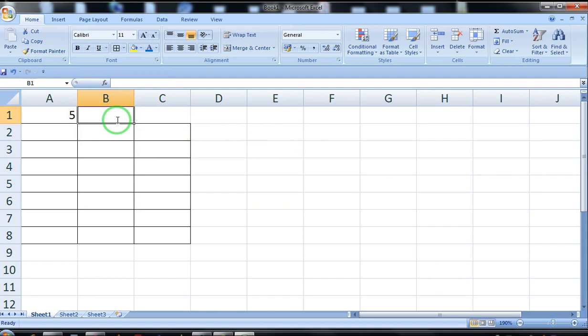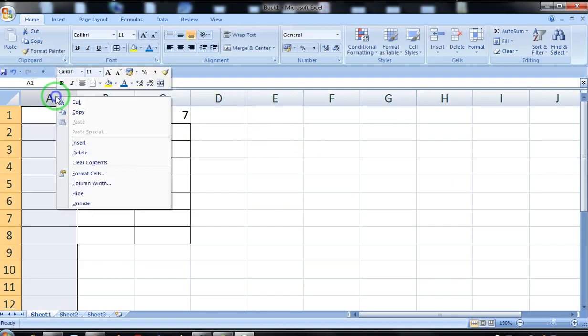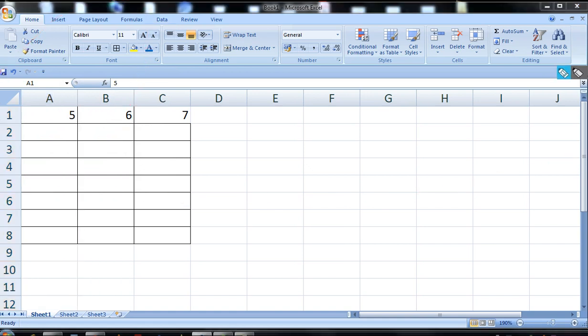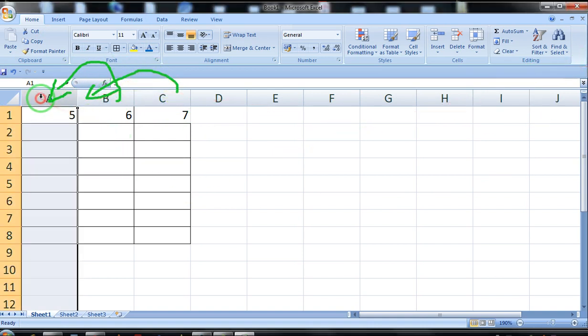I have written here 6, 7, delete. This entire column will be deleted and the next column will shift towards the left-hand side. This will come over here. So the entire column will be deleted, delete. The entire column is now deleted and the next column has taken its place. That means when you choose the option delete, the cell or the range of cells will be deleted and the other cells or columns will shift towards the left-hand side. This happens when you choose the option delete.